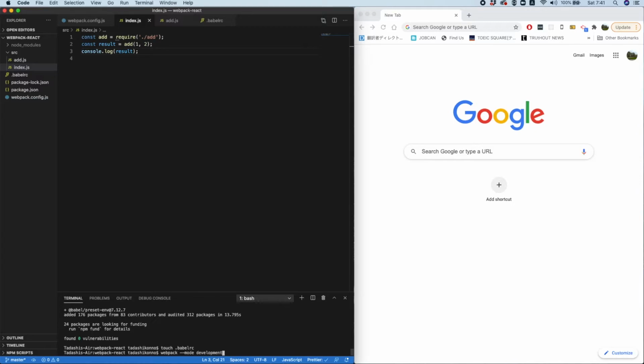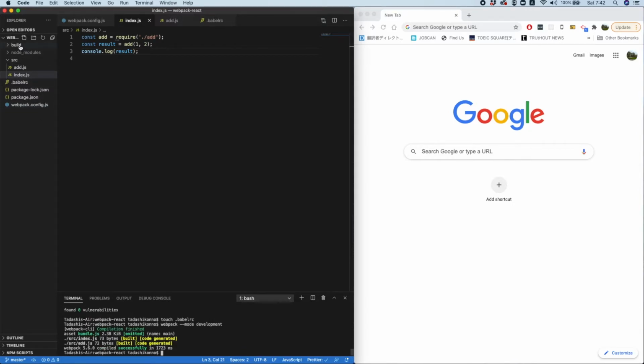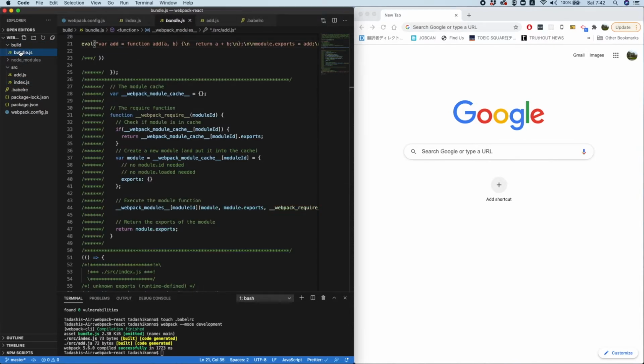And I'm gonna say --mode development. So there's a development mode and also production mode. We specify mode, and basically it tells Webpack to use its built-in optimizations accordingly. So if it's successful, it should create a folder called build, which will contain our bundle. So there's a folder called build here, and inside that we have bundle,